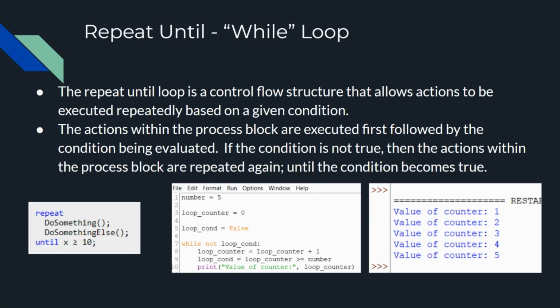If the condition is a nullable Boolean type, then the additional case of the condition evaluating to nil needs to be considered. In Python, null is called None. None is a special value that represents the absence of a value. While a nil nullable Boolean is not equivalent to false, the repeat until loop treats it as the same, and will continue executing the loop if the condition evaluates to either nil or false, and only a value of true will terminate the loop. A repeat until loop is similar to a while loop, except that a repeat until loop is guaranteed to execute at least one time.